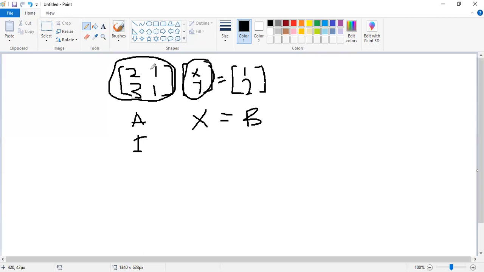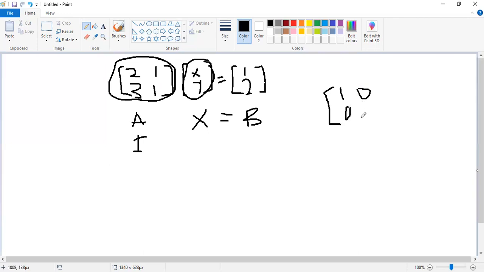So here we can see that the number of columns is 2 and the number of rows is 2. So it means we can have an identity element for this, which would look like this: 1, 0, 0,